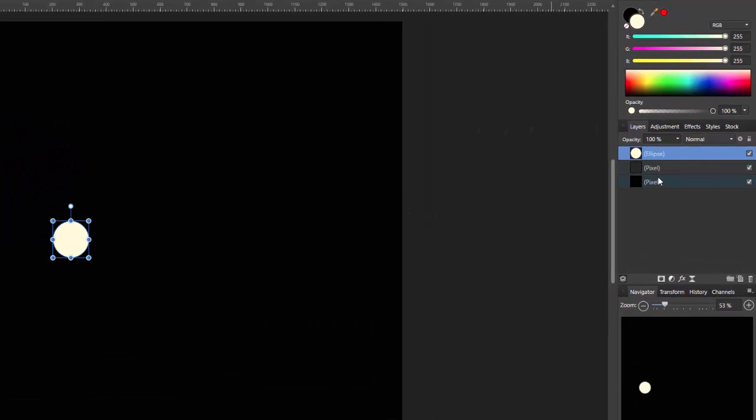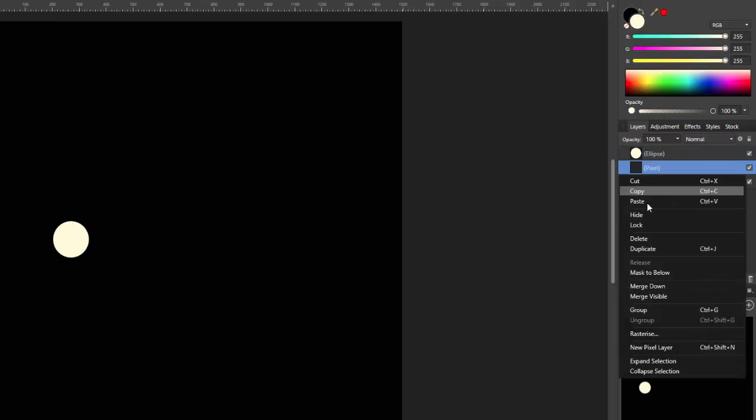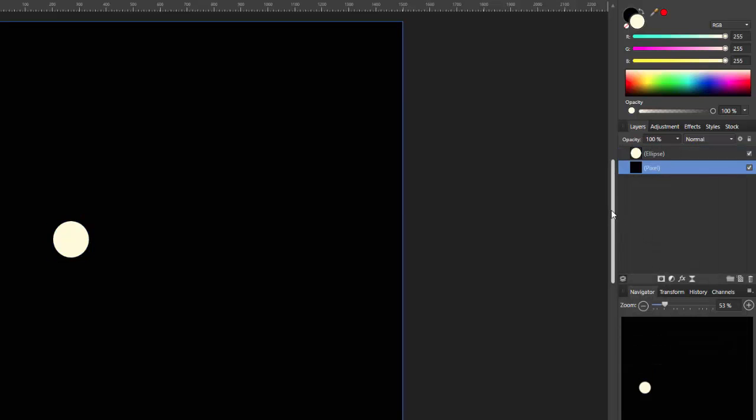Now I have found that if you don't do a pixel layer above the first layer, when I come to do the ellipse or whatever, it doesn't seem to work that well. I don't know why. I don't know if it's a fault that I'm doing or whether it's a fault in the program. So once it has made that first layer, I can now delete that one. So we are now just working on this one,